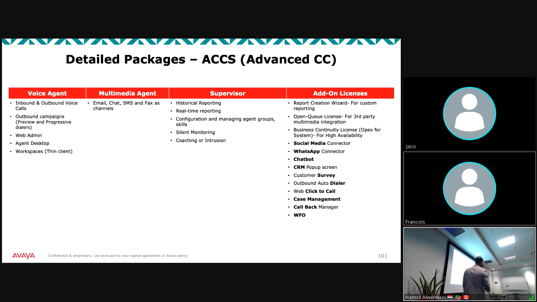As add-ons, you can add all the Avaya Centrum program applications, like social media, WhatsApp, and chatbot, per agent, and CRM per agent. Customer survey is one license per system, outbound dialer is per agent or per call, web click to call is per call, case management is per agent, and callback manager, one